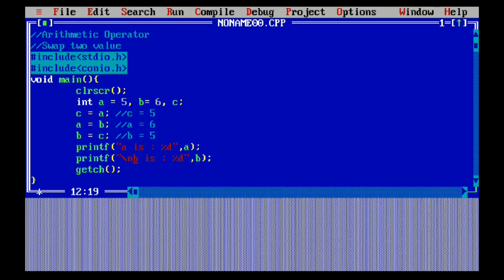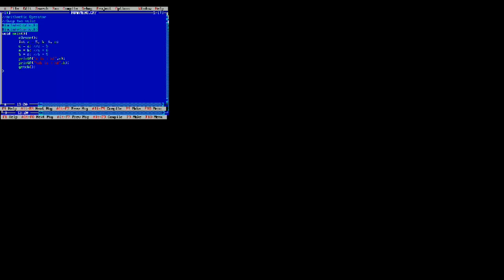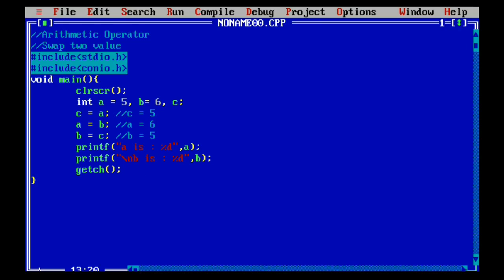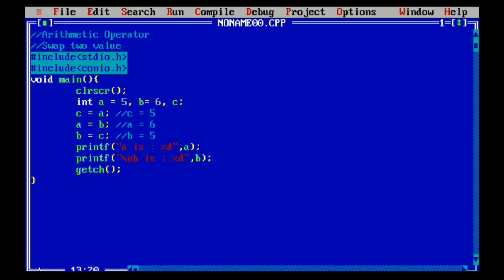So let's run it. Now you can see a has 6 and b has 5. This way we can perform swapping.